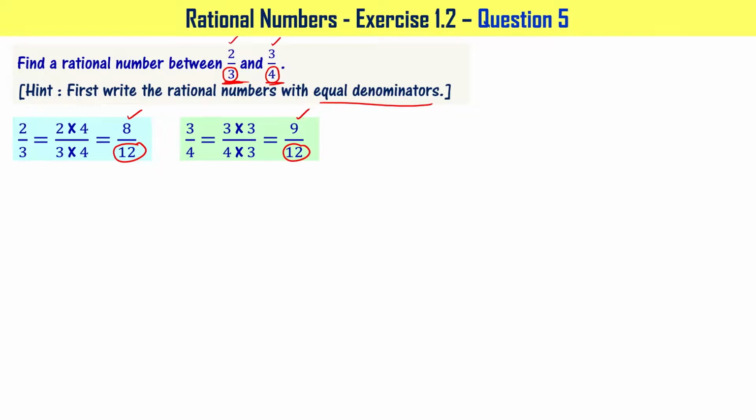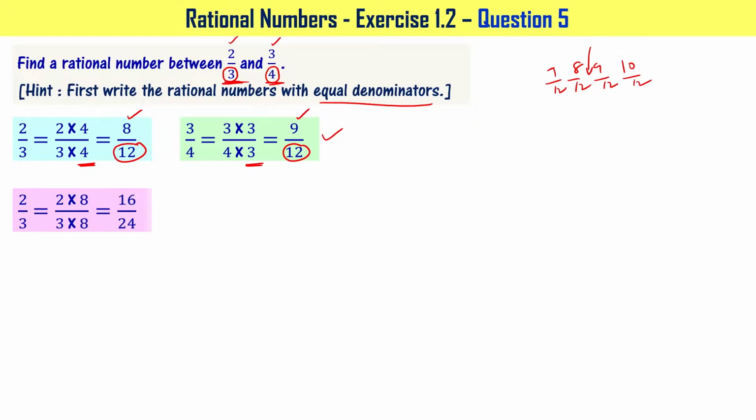But interestingly, this pair is not good enough for us because in between 8/12 and 9/12, we don't have any number, right? 8/12, 9/12, if you want, you can write 10/12 and all, or 7/12 and all, but there is no number you can write directly from this, right? For that reason, instead of multiplying 2/3 with 4, both numerator and denominator, let me multiply with 8. In this particular case, instead of 3, let me multiply with 6.